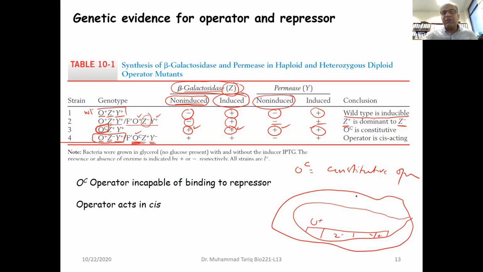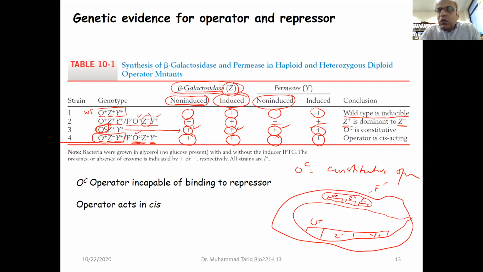And on the F prime plasmid, let's say this is the F prime plasmid, you have O constitutive, Z plus, and permease minus. Now, what they discovered is that beta galactosidase is constitutively active, just like what they observed here. But the permease is no more constitutive, it is inducible,